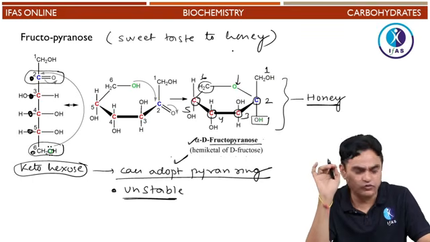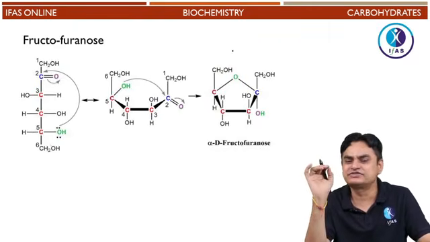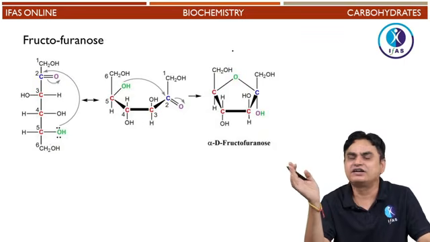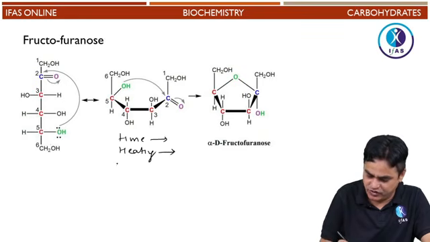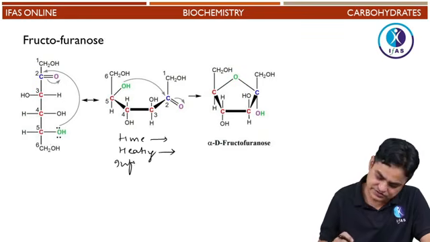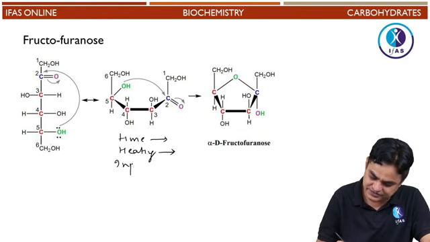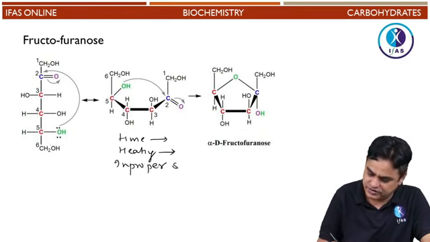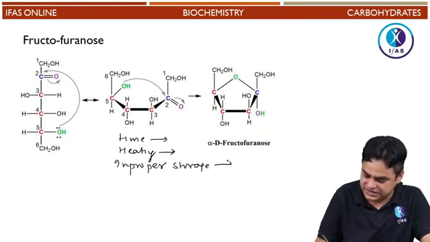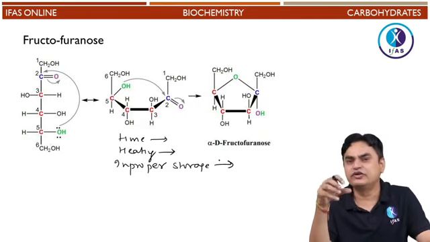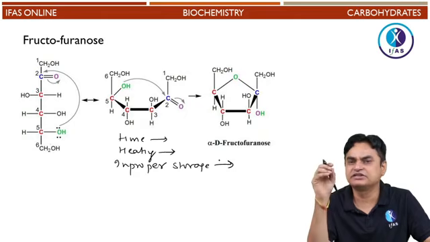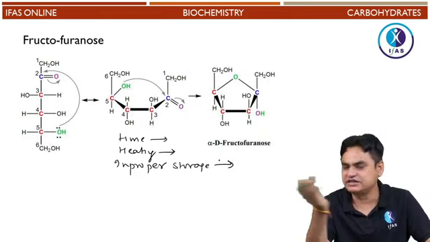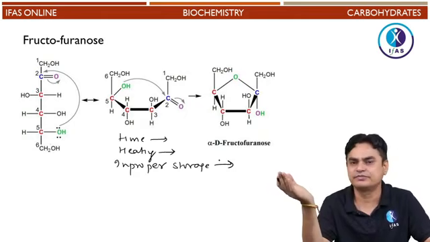Because this fructopyranose is an unstable structure with time or on heating or improper storage, that is in presence of sunlight. Often honey is kept in brown bottles. So if honey gets exposed to the sunlight, if it is kept at higher temperature, or even with time, means it has been stored for a very long period of time,